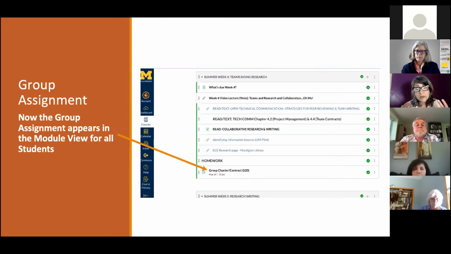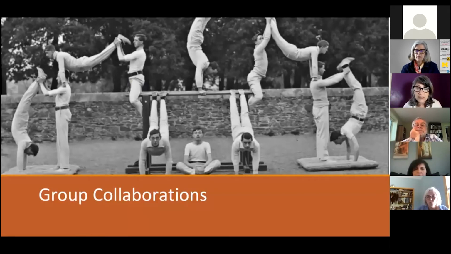But if we were in a classroom doing an assignment in groups, you would have these students huddled around a table. They would be writing this collaboratively, working, talking to each other. Canvas doesn't give us that unless we create multiple venues on Canvas for them to collaborate. And this is right here.